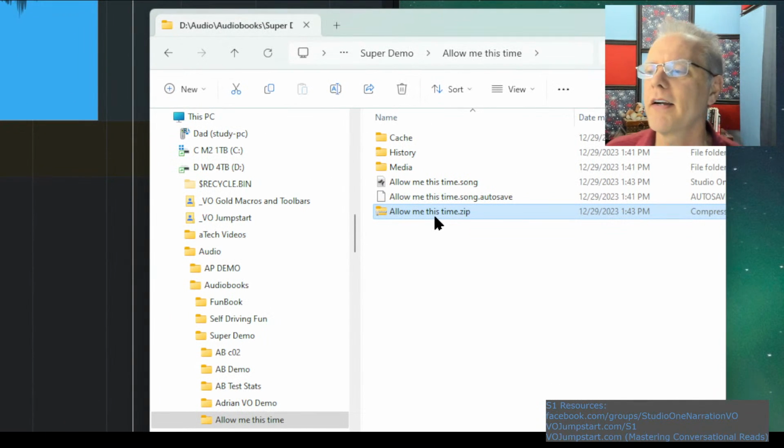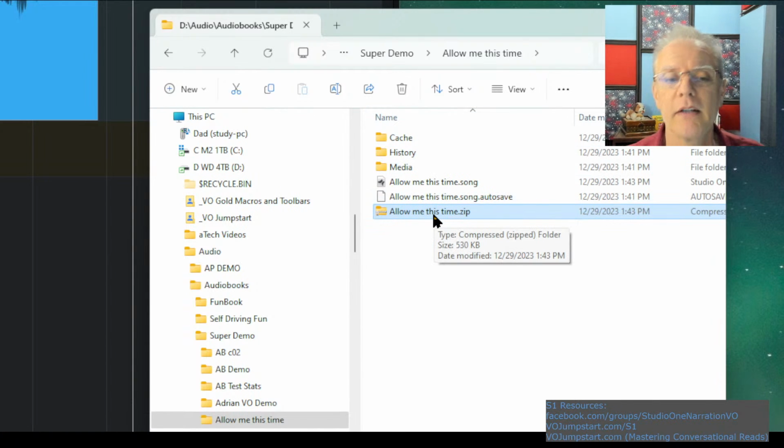there's a little file there that has everything related to it. It packaged all this stuff up into one. That's great for archiving. That's great for sending to somebody else. That's beyond what we're talking about today. We're just really talking about renaming and letting you know, hey, this whole set of files all work together to